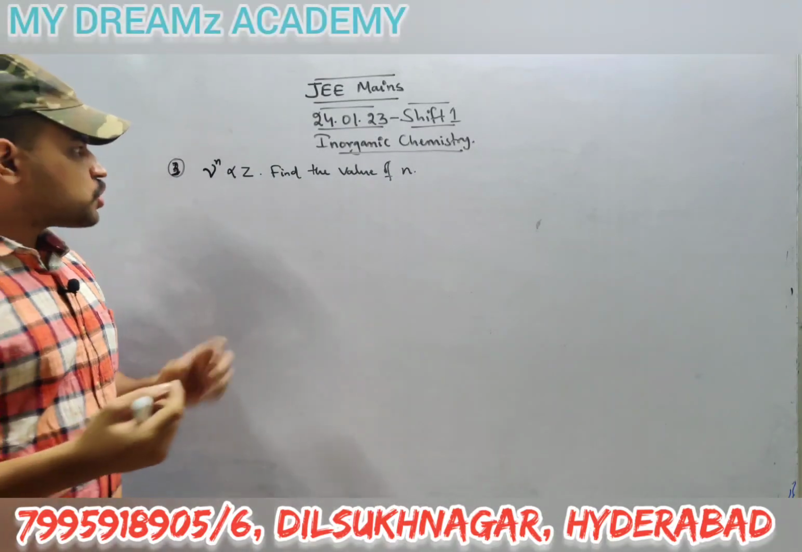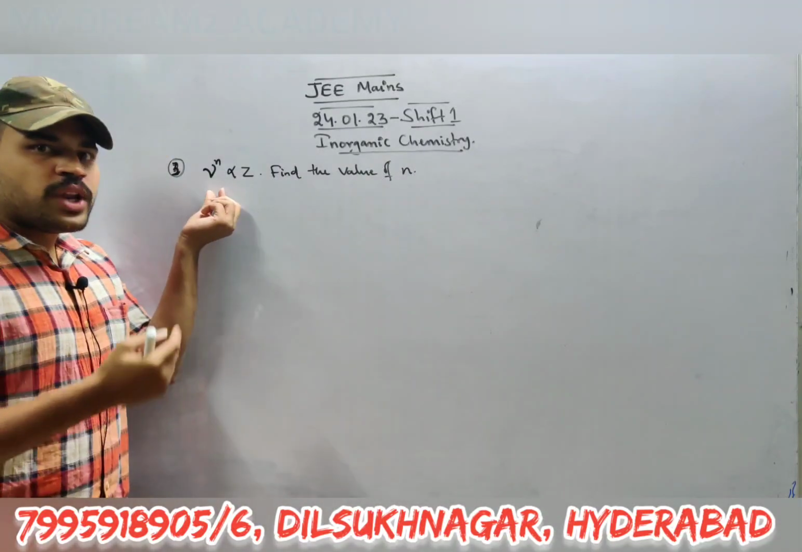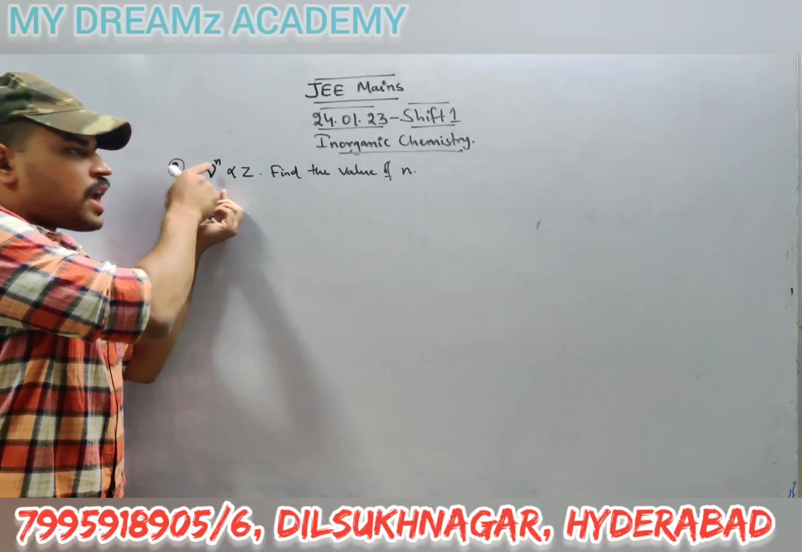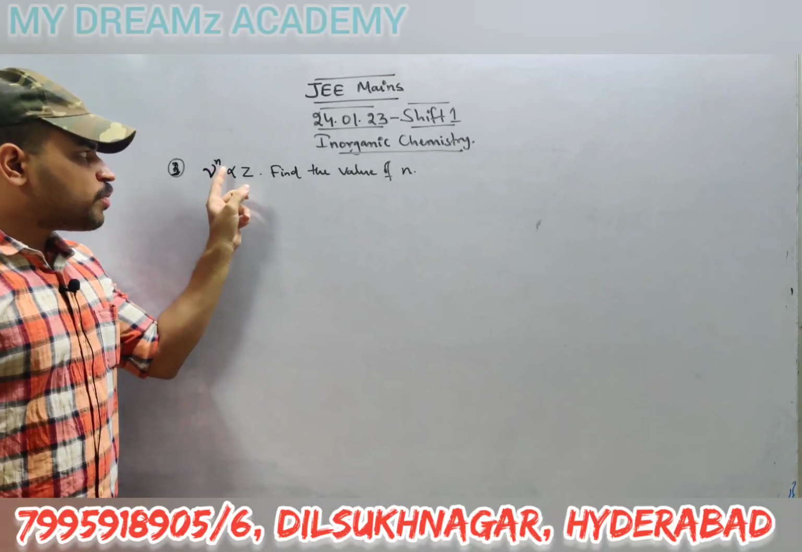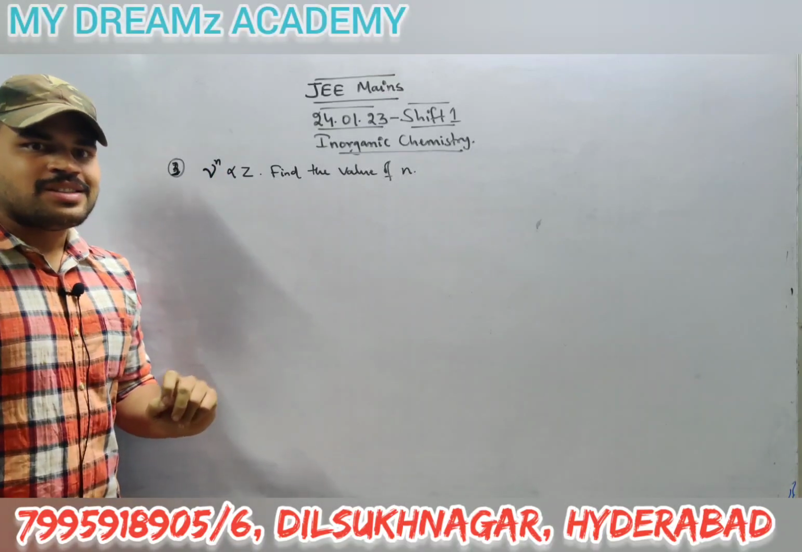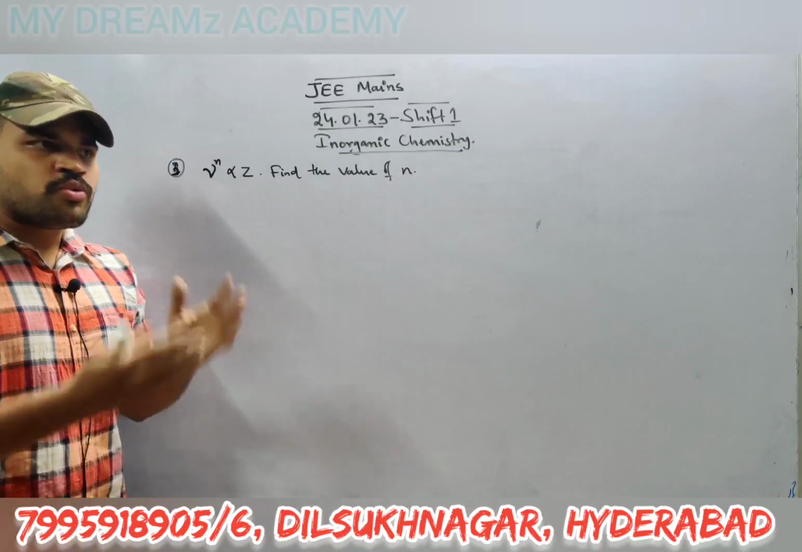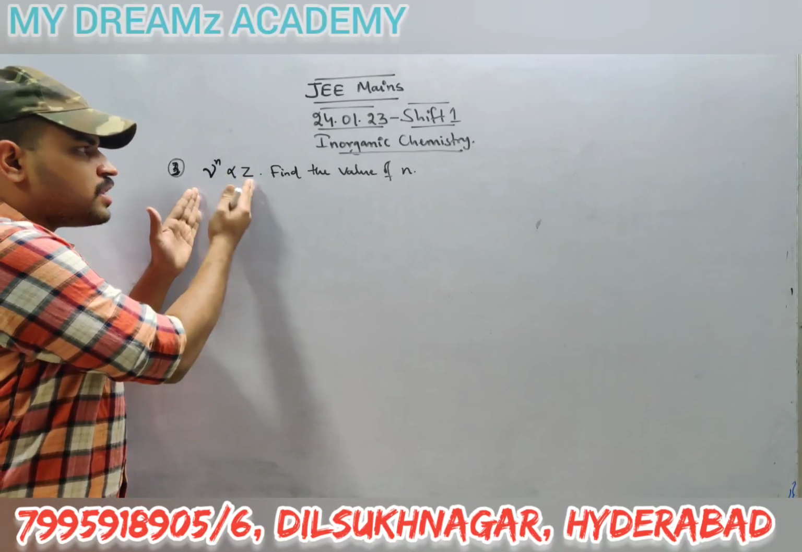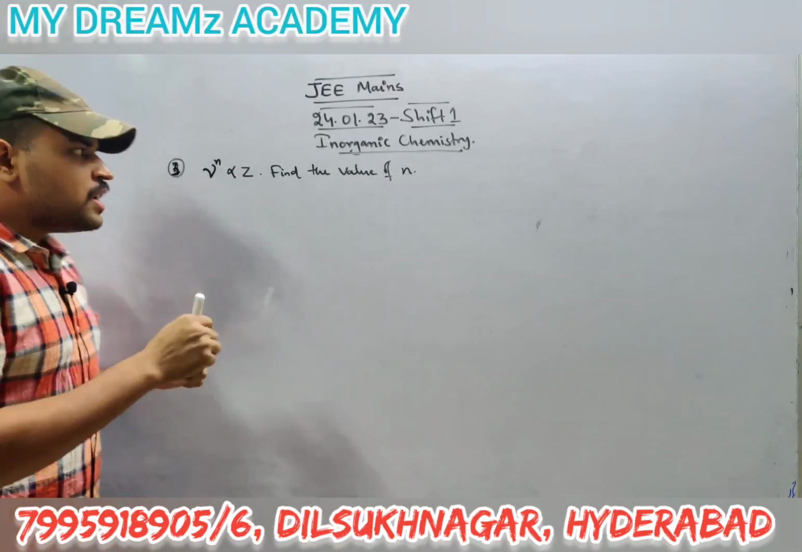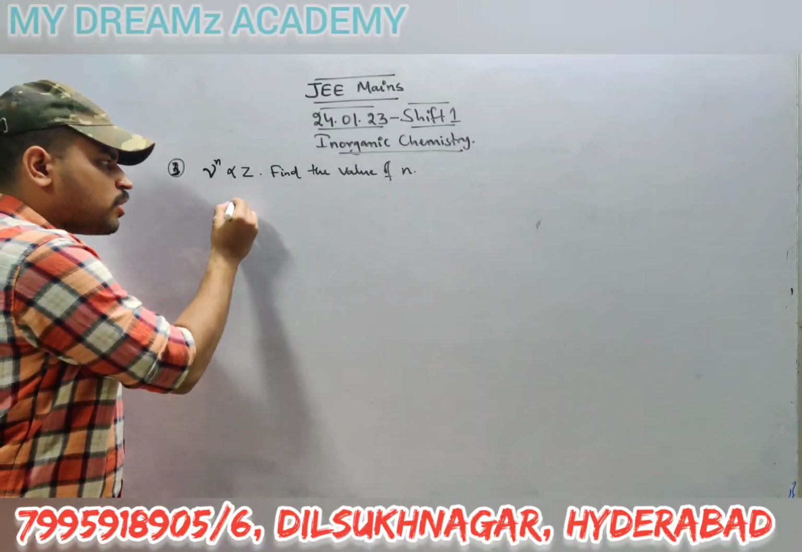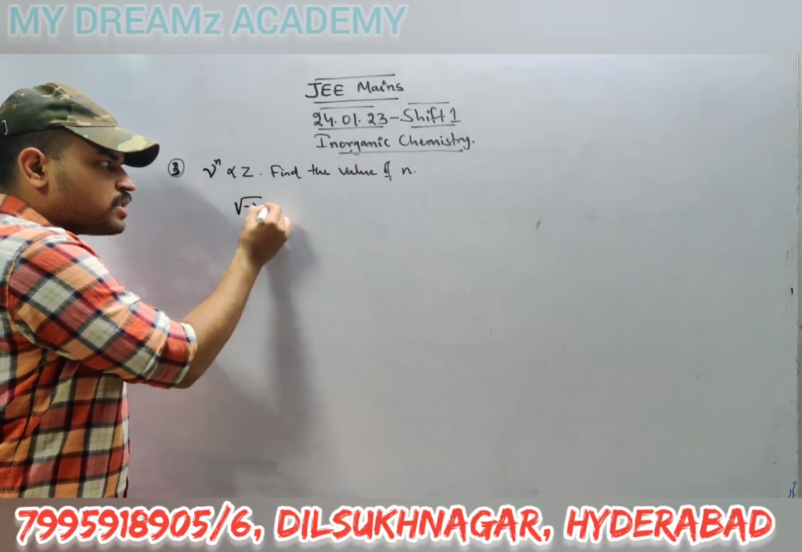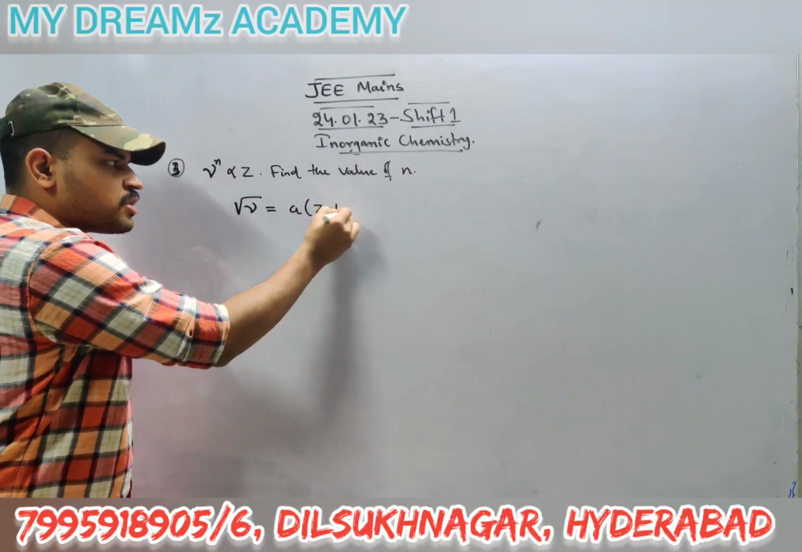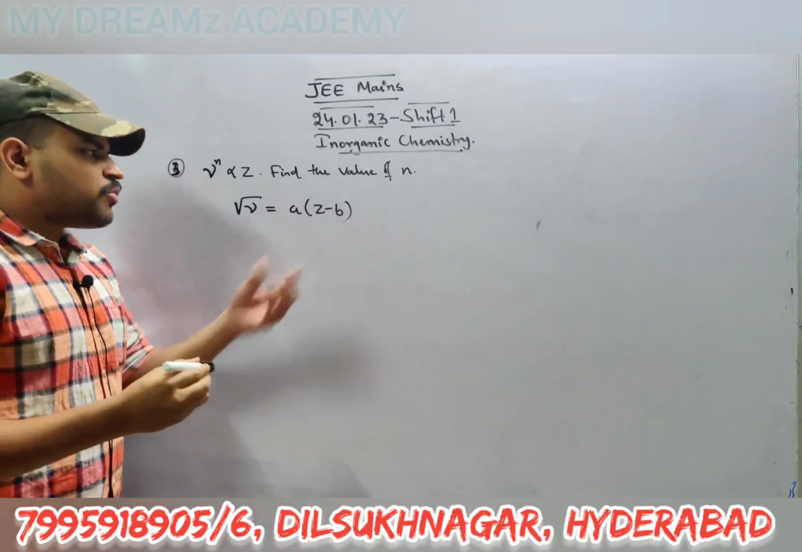Next, the third question. What is given? Frequency to the power n is proportional to atomic number Z. We know the graph between frequency and atomic number given by Moseley, in which he gave the formula: root over frequency equals A into Z minus B. So finally it is